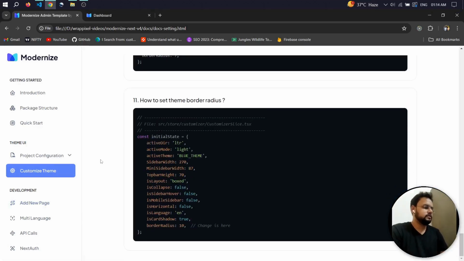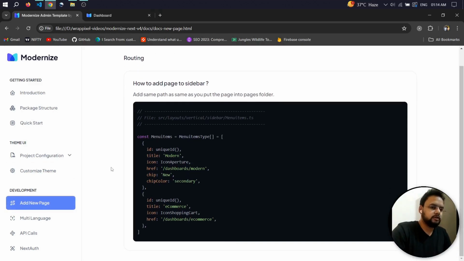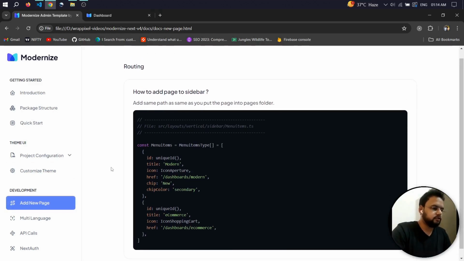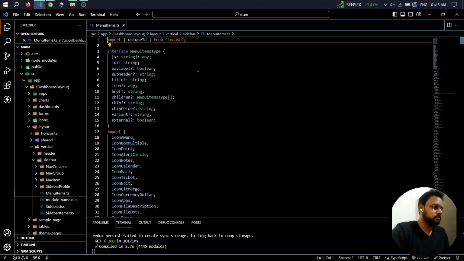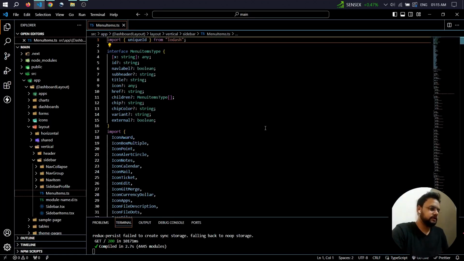So let's go ahead and check how you can add new pages to this file. To add pages to the sidebar, this path has been changed a little after a recent update. Now it's inside the src app dashboard layout. Inside layout we have verticals, sidebars, and then we have the menu items.ts. So basically this is the file. We are inside this file now,